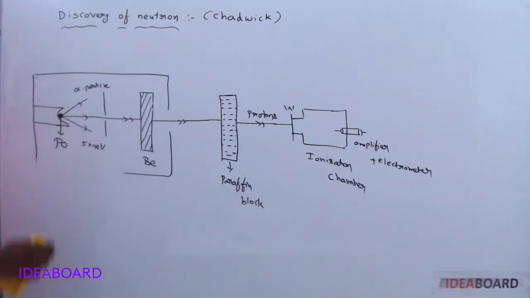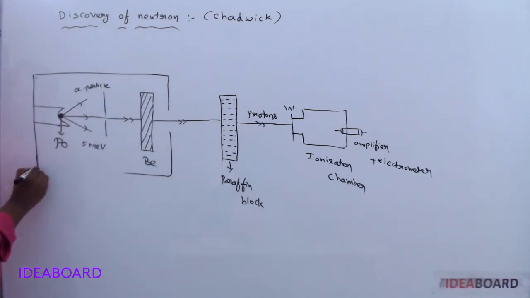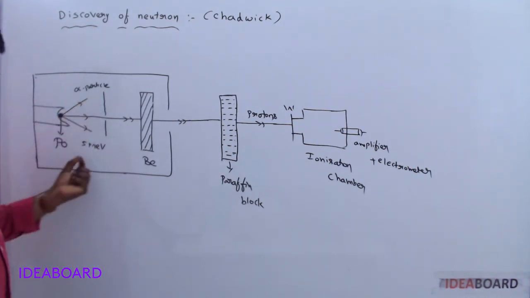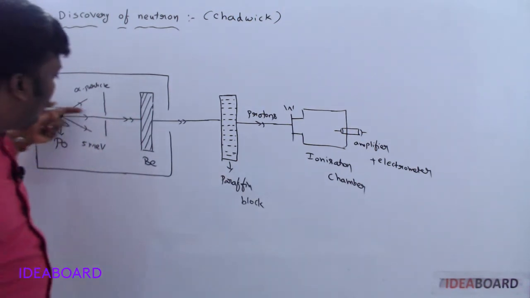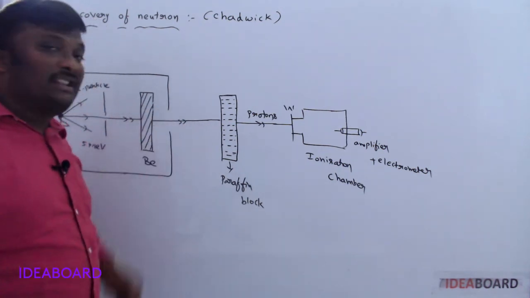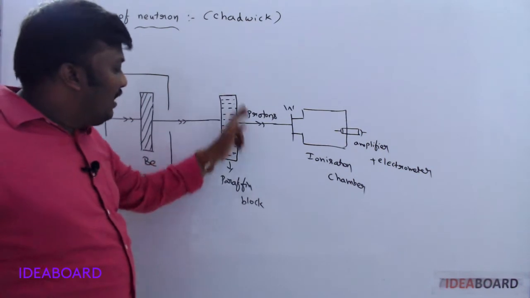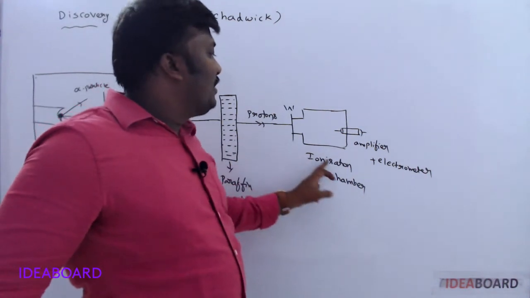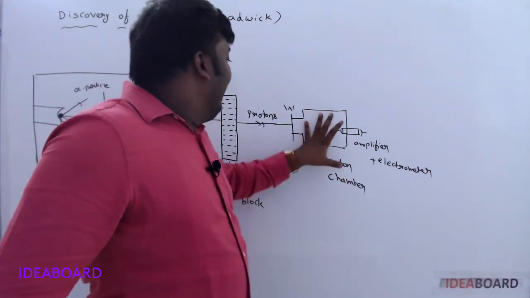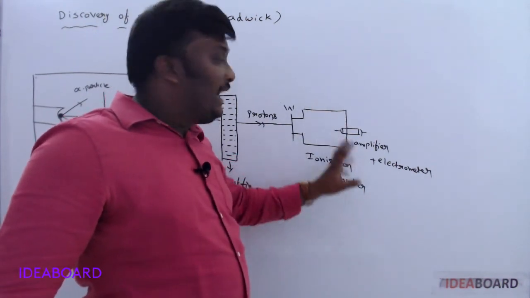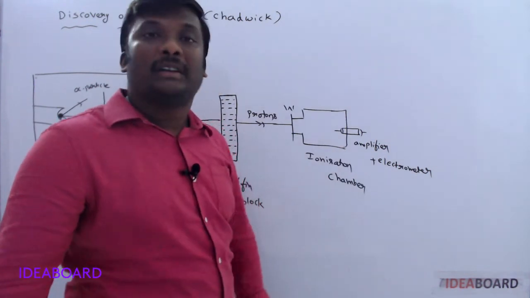Okay. See one more time. Here they consider one radioactive element, polonium. From this, alpha particles are released with an energy of 5 MeV. They are bombarded on the beryllium layers. From the beryllium layers, certain particles are released. Those particles pass through the paraffin block. Now protons are released. These protons pass through the ionization chamber. Then these protons ionize the gas. Ionization current is developed. That ionization current is measured with the help of an electrometer.